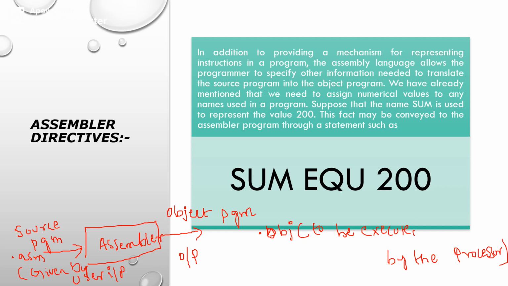So the user program is called the source program. The source program is nothing but the user program, and the assembled machine language program is called the object program. So what exactly is the output of an assembler? That is nothing but the object program. It consists of patterns of zeros and ones specifying the user program instructions. This object program is already converted into patterns of zeros and ones, and these patterns are taken by the processor and executed.